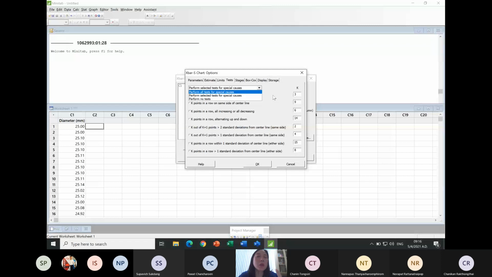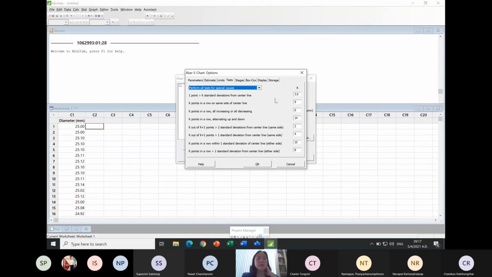But if we would like the charts to have more sensitivity to detect abnormality, we can use another 7 tests. Remember run, trend, cycle, 2 out of 3 in zone A or beyond, 4 out of 5 in zone B or beyond, and